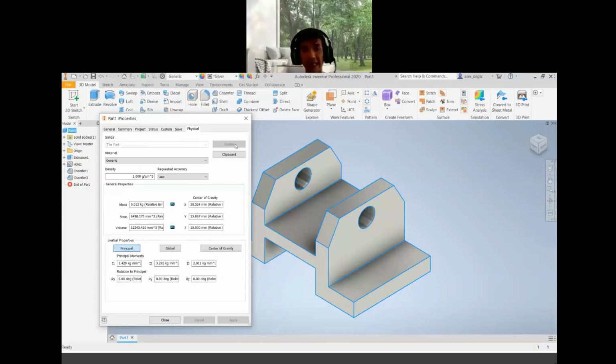Okay, so if you perform everything right with the correct dimension and so on, with the condition that material, you must ensure that it's in generic. Appearance, you can change, no problem. Appearance, but material, you must ensure it's a default generic. You should get the value of the mass here, 0.012 kilogram. Okay, provided you get all this correct, and the area is supposed to be this, center of gravity will